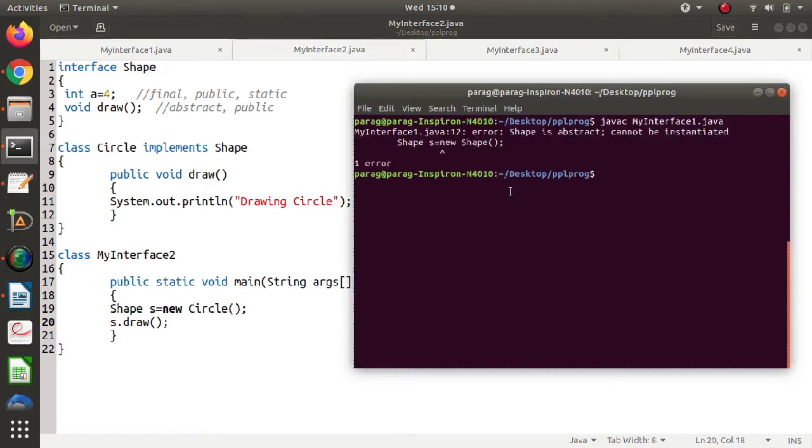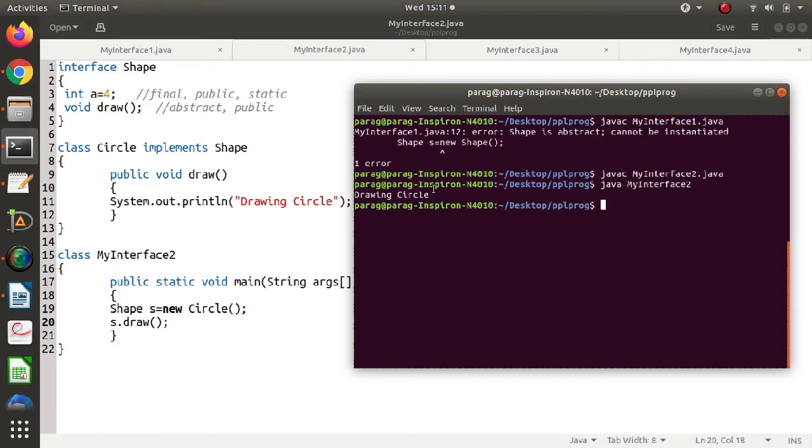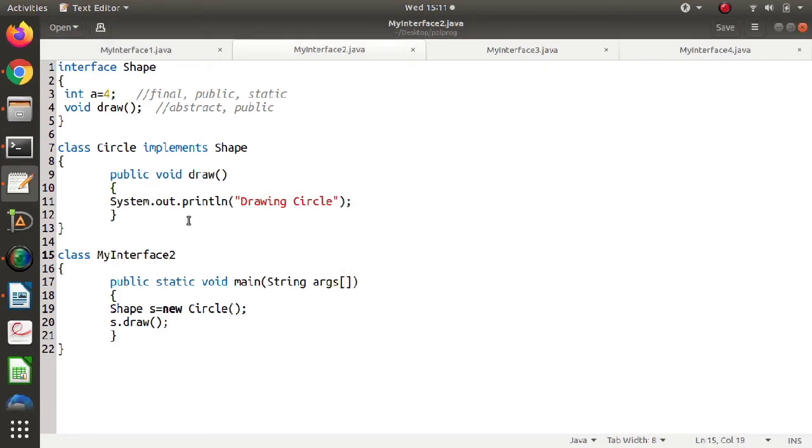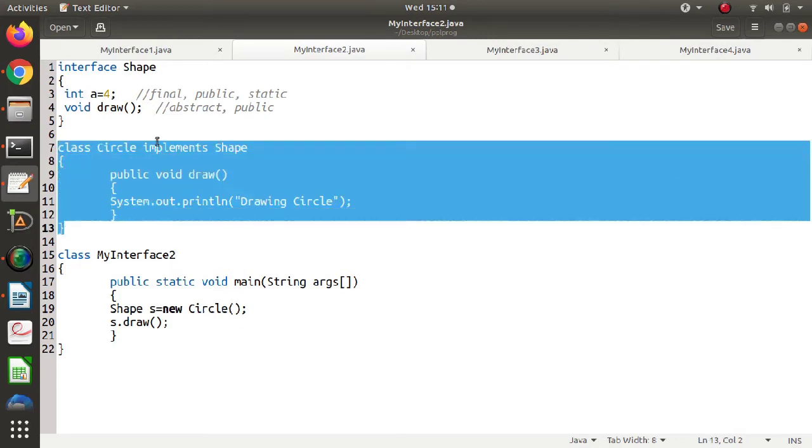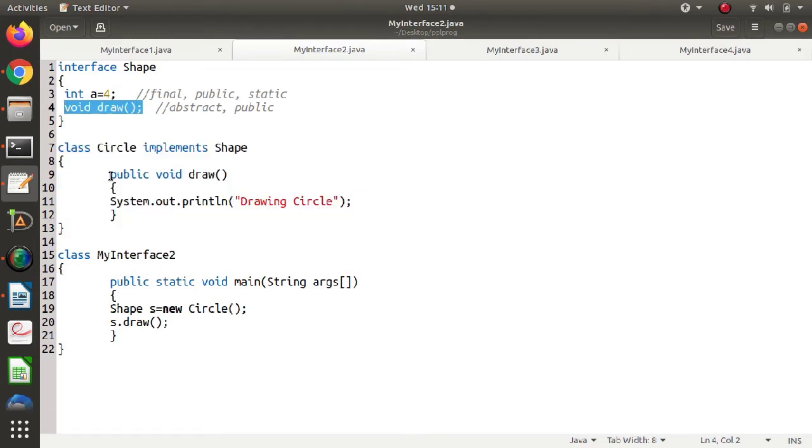So we'll run this. It got compiled. Now we'll run this. So we got the output. So here we have implemented this interface by using this class, and in this class we have written code for this method. Here you can see.